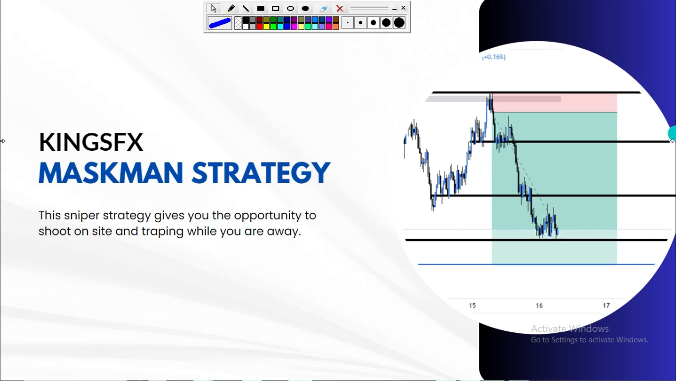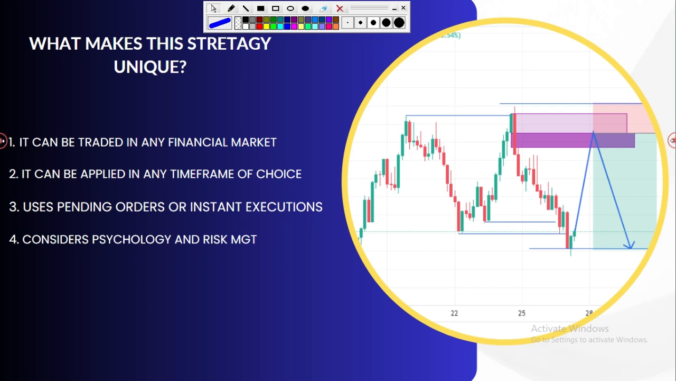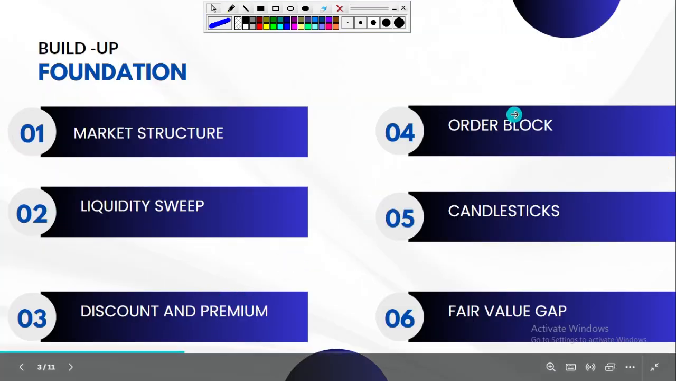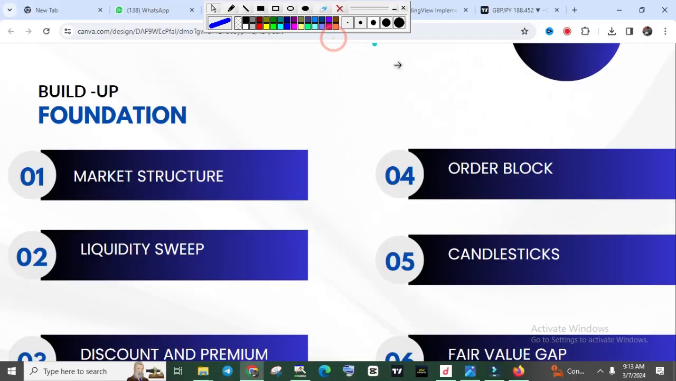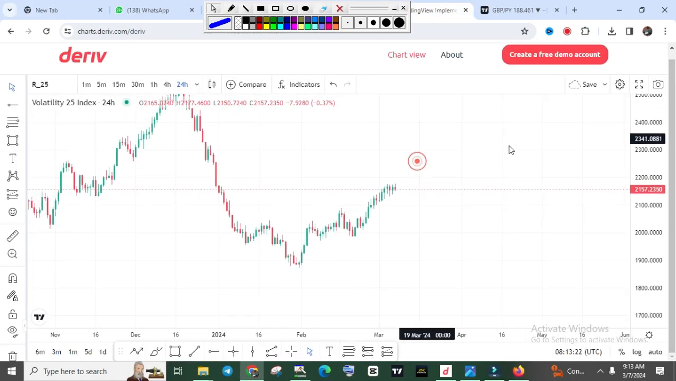So the next thing we are going to be looking at after our discount and premium is order block. Order block is very simple. It is interesting, so let's dive into the chart and see how we can actually make use of this order block. So if I go to the chart right now,